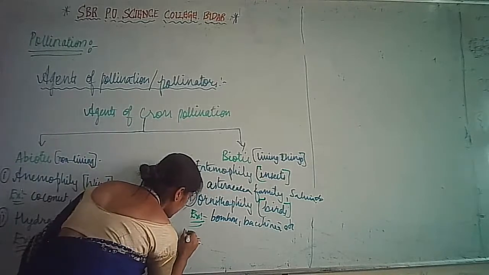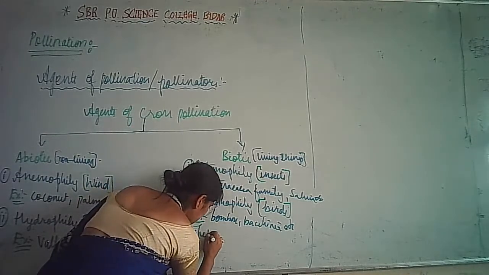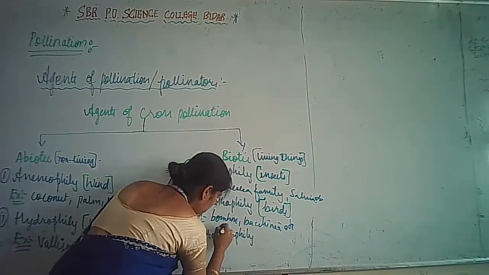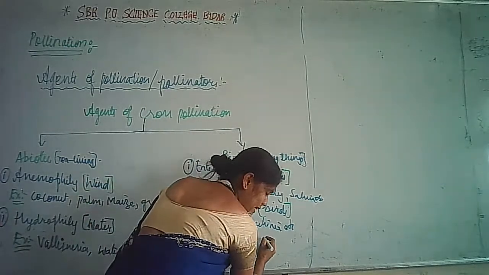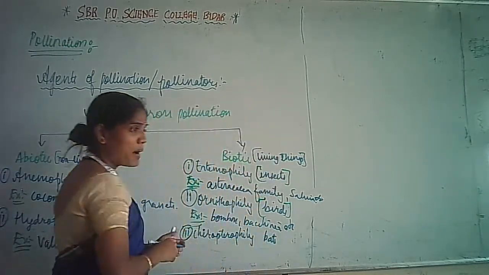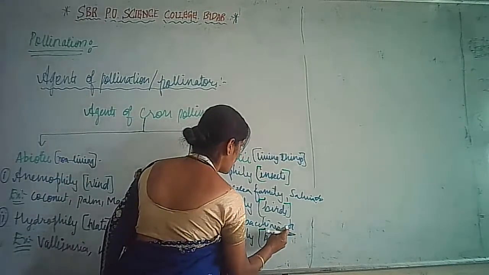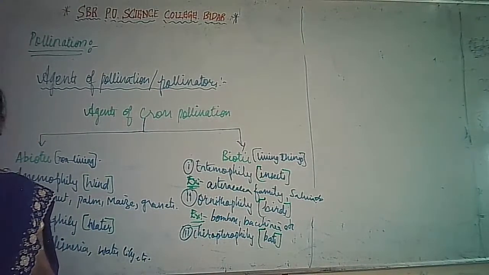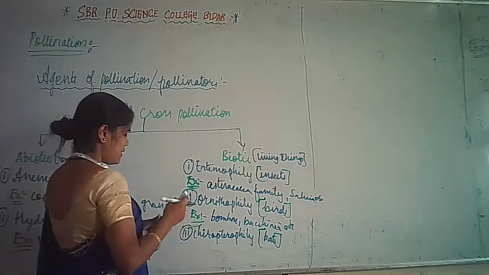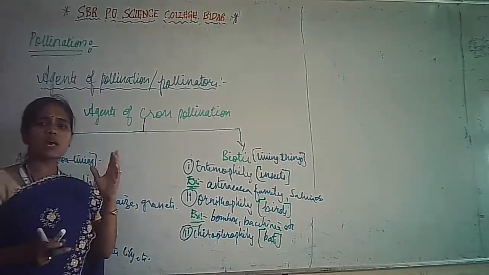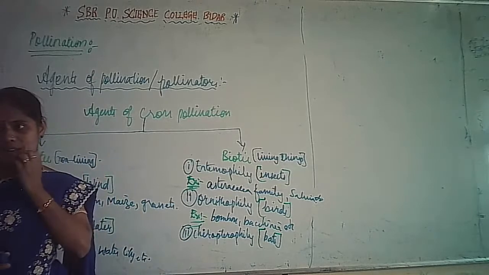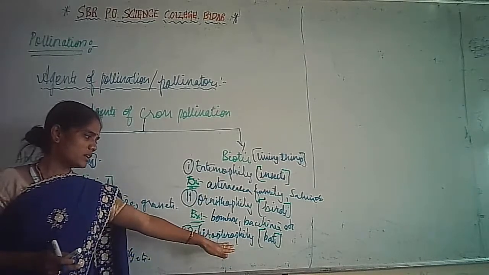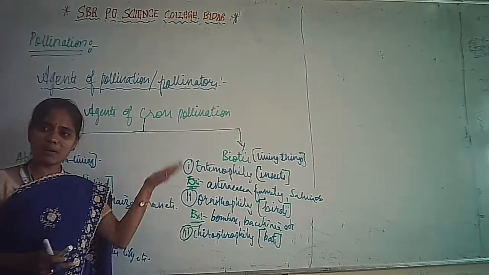Next is chiropterophily, where the pollinating agents are bats. Bats are some fruitivorous. Fruitivorous means they will be eating the fruits, buds, and flowers of the plant. Isn't it? So, the plants which are pollinated with the help of bats are called chiropterophilic plants, and the type of pollination is said